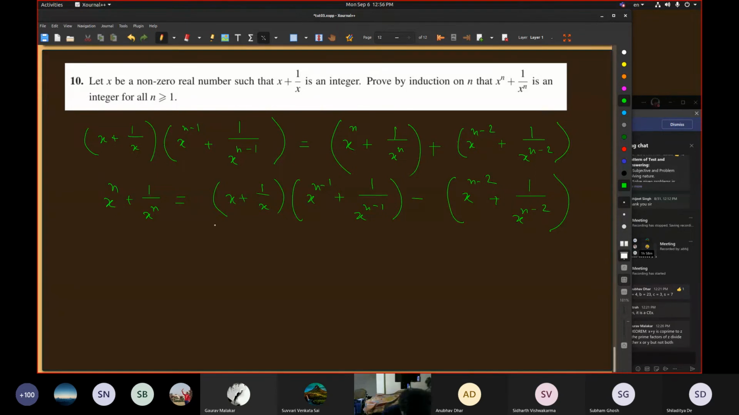Now this is given to be an integer. This is the original thing. The previous one is an integer. The previous to previous one is an integer. So this has to be an integer. So now the question is, how many basis cases do we have to solve? Two, right? Yes, sir. Because this depends on the previous one and the previous to previous one. So 2 basis cases should be there, and this is the reason I